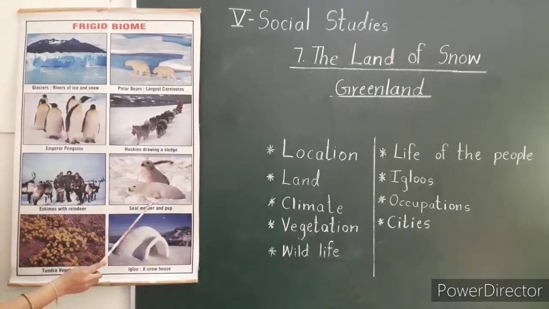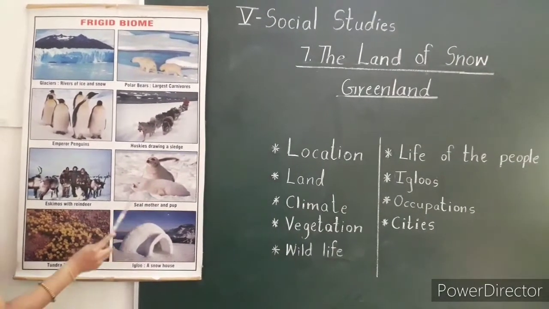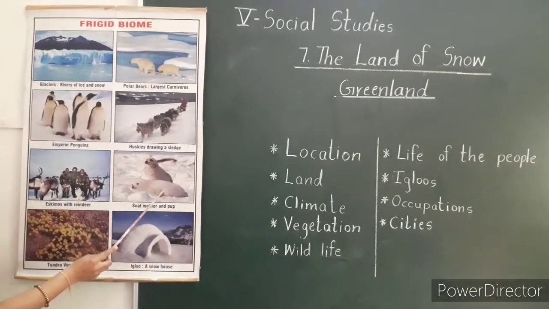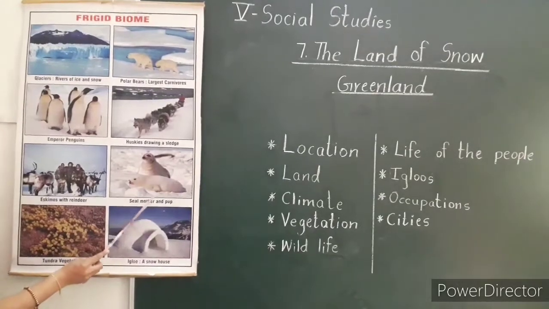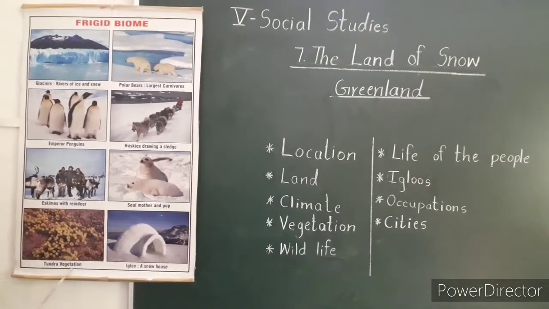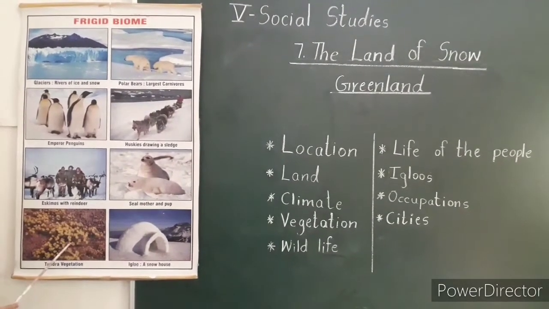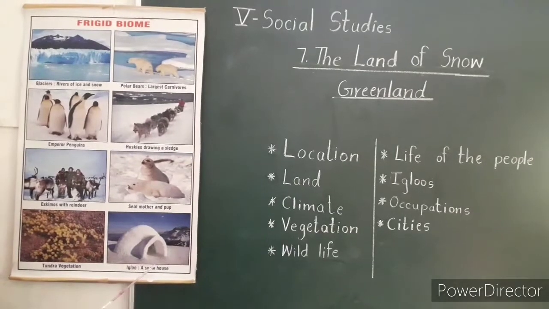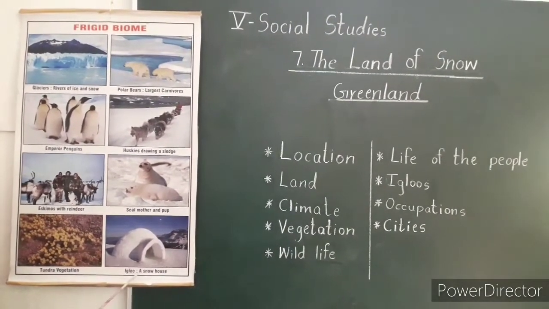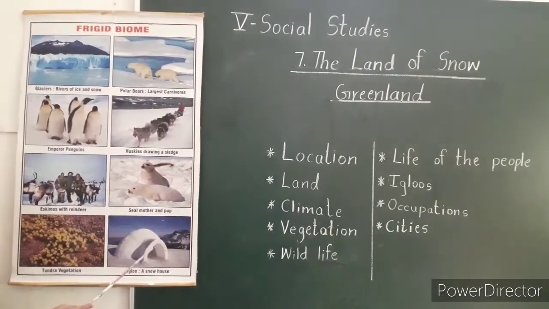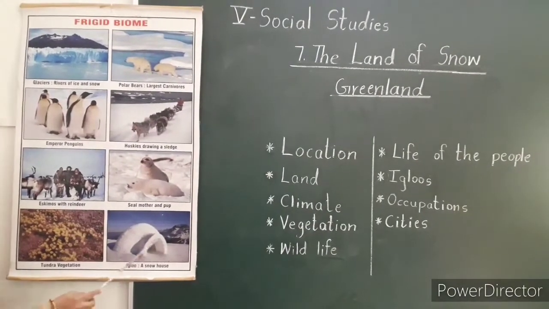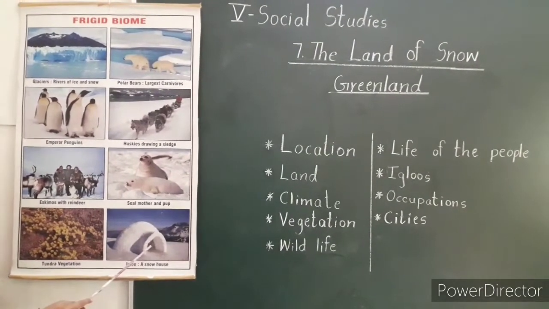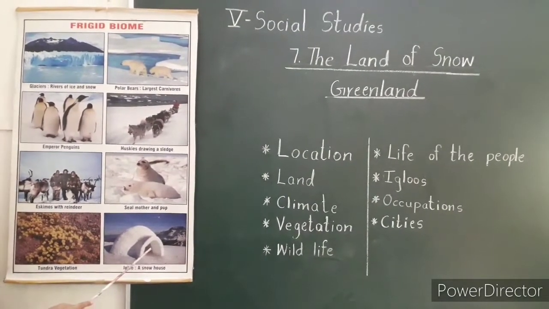Children, look at this picture. We can see a seal. Seals are animals found in the freezing zone. They have thick fur on their skin. Next, tundra vegetation. In the southern part of the freezing zone, flowers are seen blooming in spring. In the last picture, we can see an igloo or a snow house. Igloos are made of large blocks of ice and are dome shaped. A hole is made in the center of the dome to allow smoke or hot